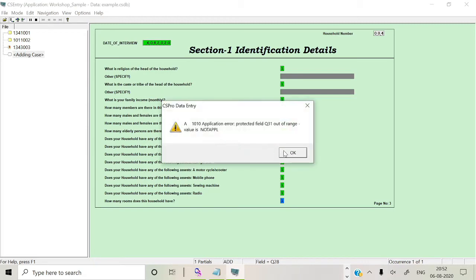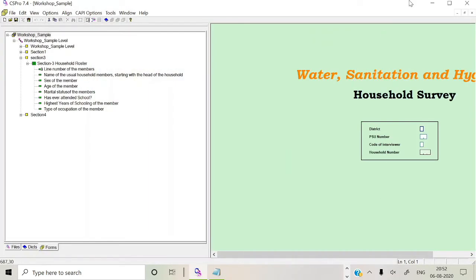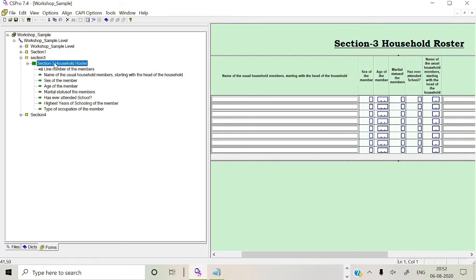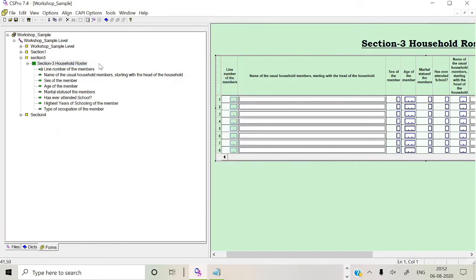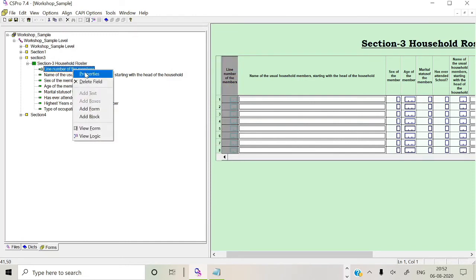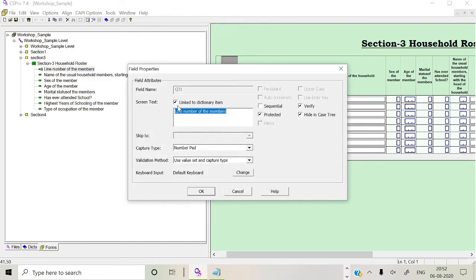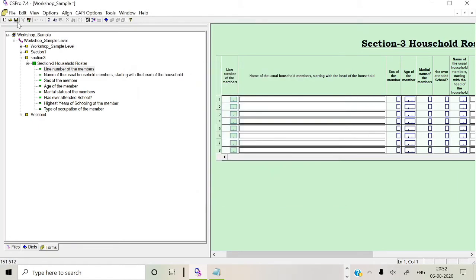Okay, some program error. Sorry, we have given that earlier example. I have given the property, so I'm just removing the protect. So now it will be okay.